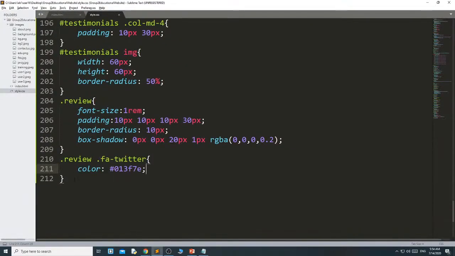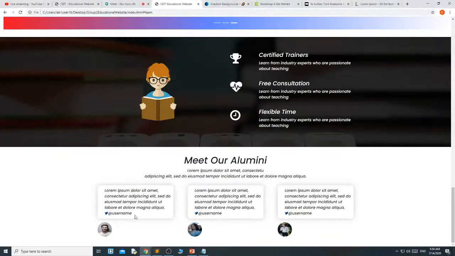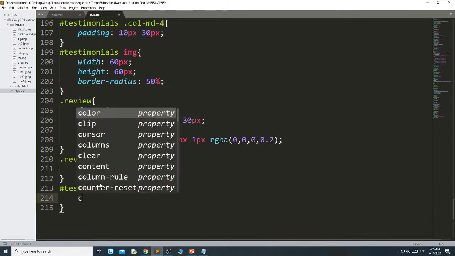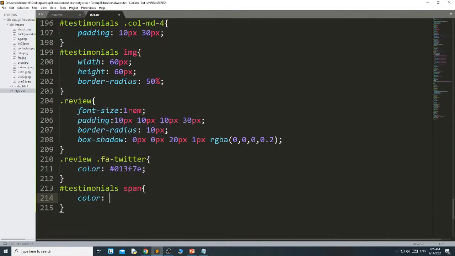Then I want to change this span's color also. Then I can write testimonials span. This color will be exactly the same, 013F7E.